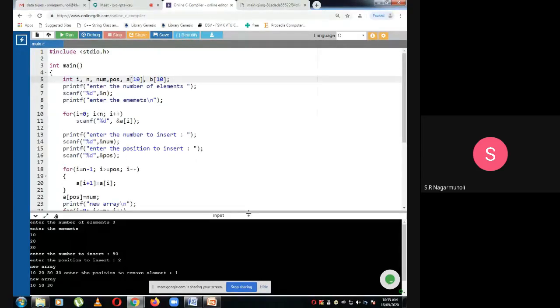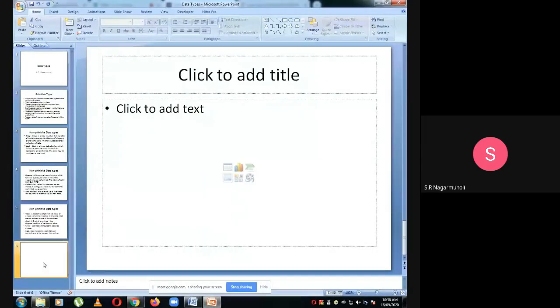Now, how do I make place for 50 at position 2? What we have to do now is move the elements from the n minus 1 position till the position. So we have to start processing the array from the last element.